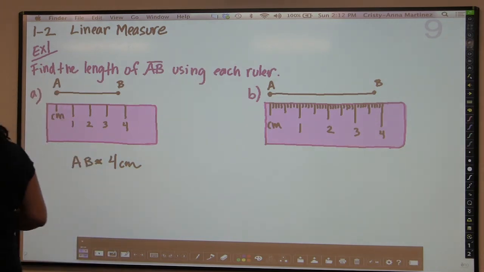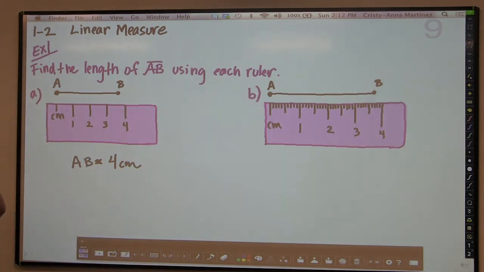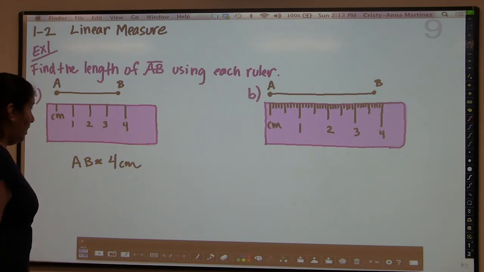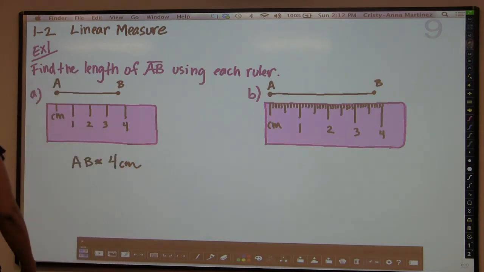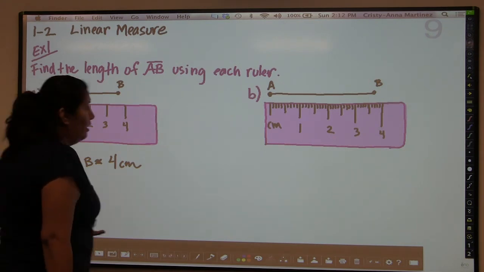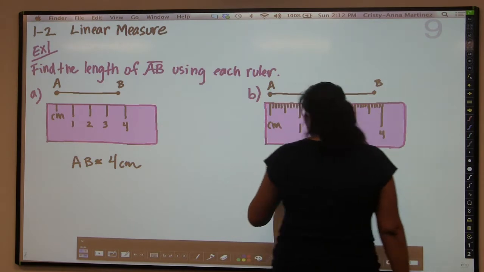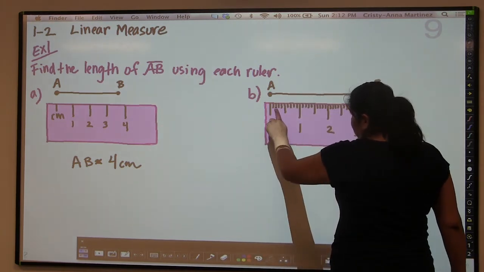Okay? So that would be my measurement for AB for part A. But now we're going to go to part B. In part B, you probably know or don't know, I don't know. In part B, the smallest unit of measure is actually millimeters. And we know that because if you look at this, this is centimeters here, but all these little tick marks in